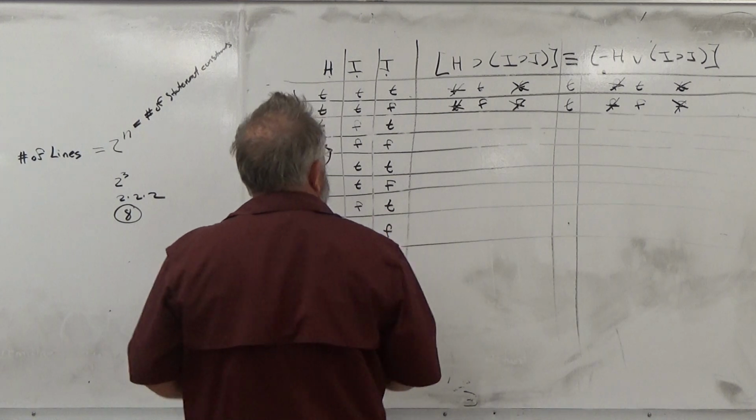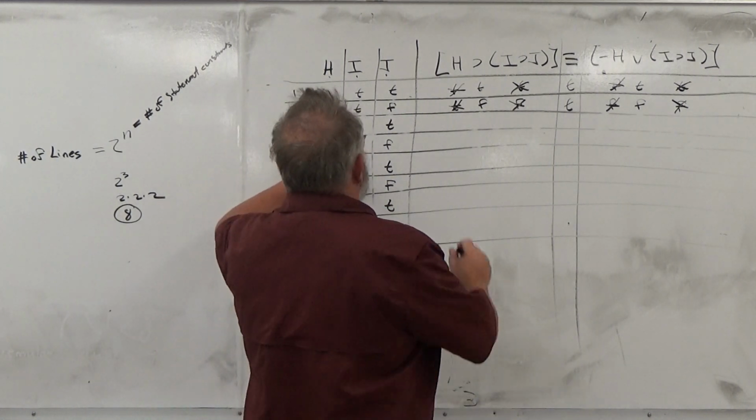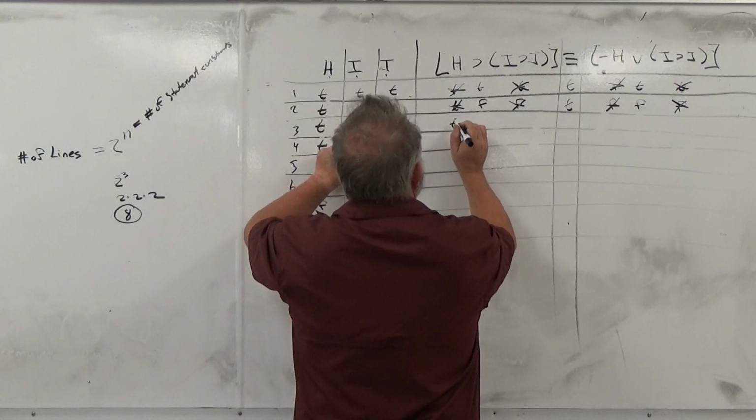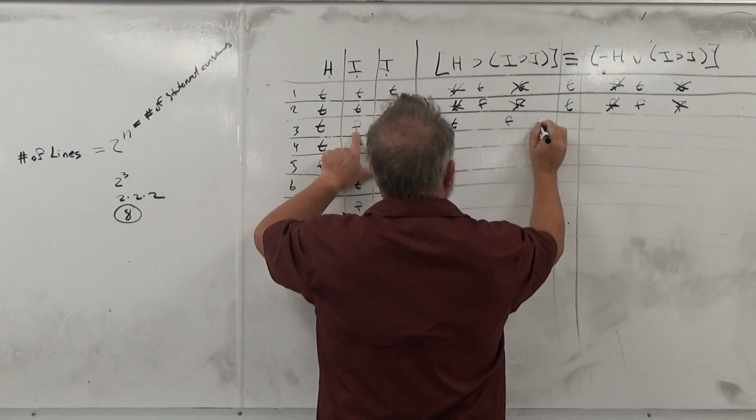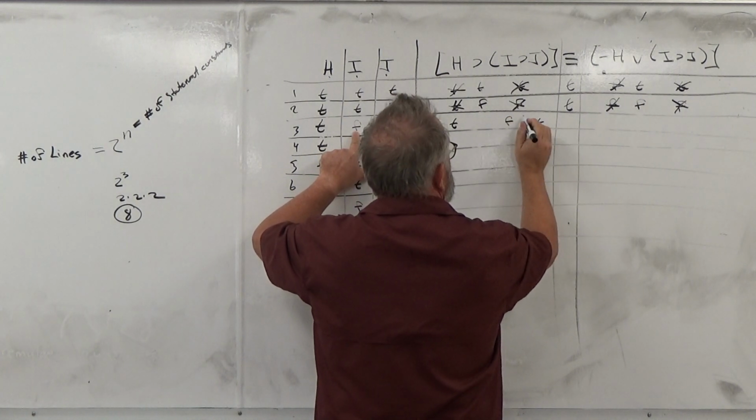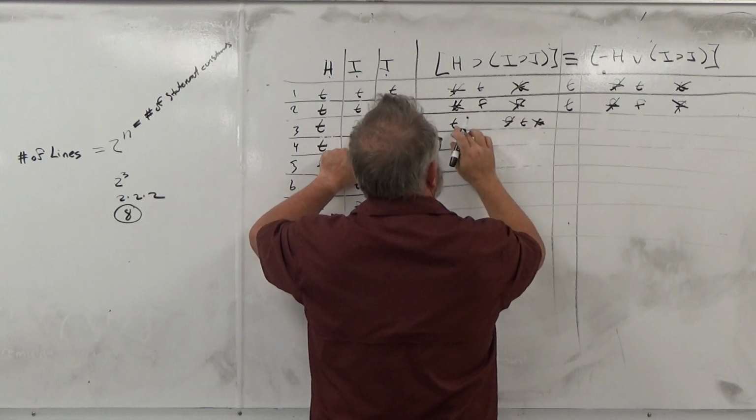So now we're switching to interpretation 3. Here H is true, I is false, and J is true. False then true is true, and true then